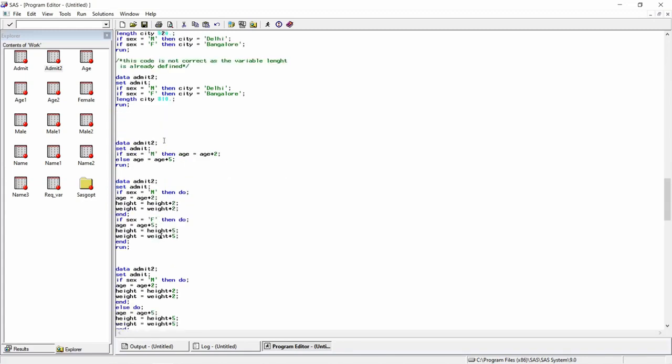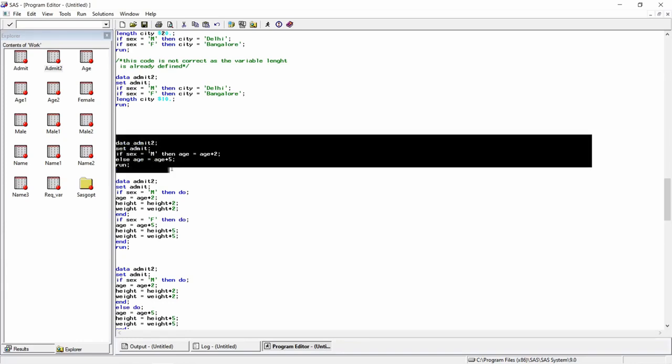Alright, so all this while we have been learning about the if condition, where condition, if condition then action. This time we'll learn about the else condition. Else meaning apart from this. So I'll read this command here. Data admit2; set admit; if sex is equal to capital M, then age is equal to age plus 2; else age is equal to age plus 5; run;